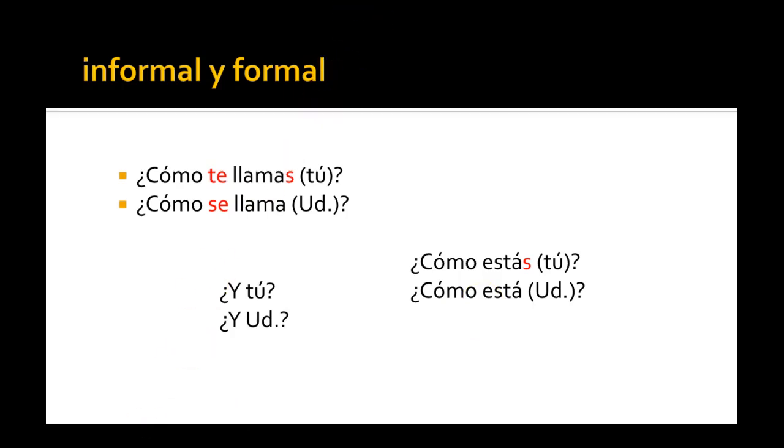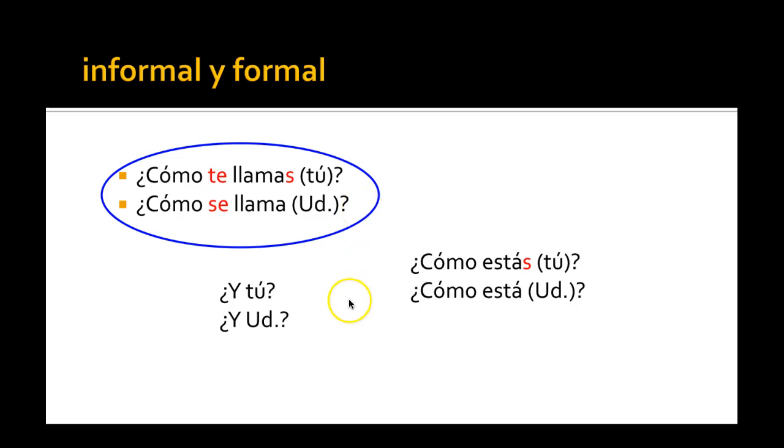Now, what is the difference between this question and this question? How do you say them in English? They both mean, what's your name? There's only one difference. This one is tú, or informal, and this one is formal. If someone says, ¿Cómo te llamas? And you answer, me llamo Bethé, you might just answer back, ¿y tú? Someone says, ¿Cómo estás? Or ¿Cómo está usted? You might answer back, bien, or muy bien. ¿Y usted? Right? So just some choices for you to do.